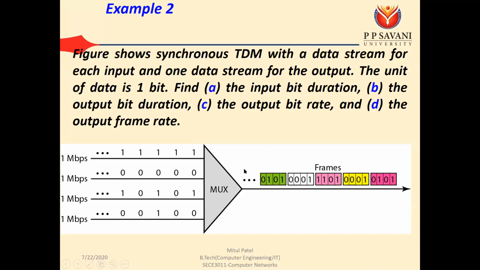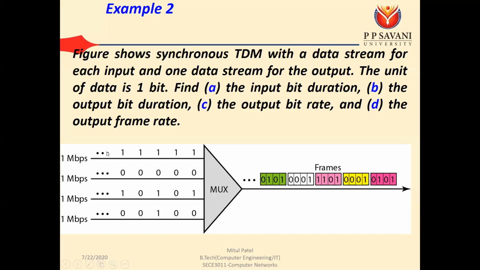The data of the first slot will come, then the second, the third and the fourth. In that way the frame contains the data from 4 input time slots. Okay, so here we can say that 1010 is our first frame. The second frame is 1000, that is our second frame. Looking at it from the back. Okay, the third one is 1011, so 1011 is our third frame. What is our fourth? 1000, that is our fourth frame. And the fifth is 1010, that is our fifth frame.